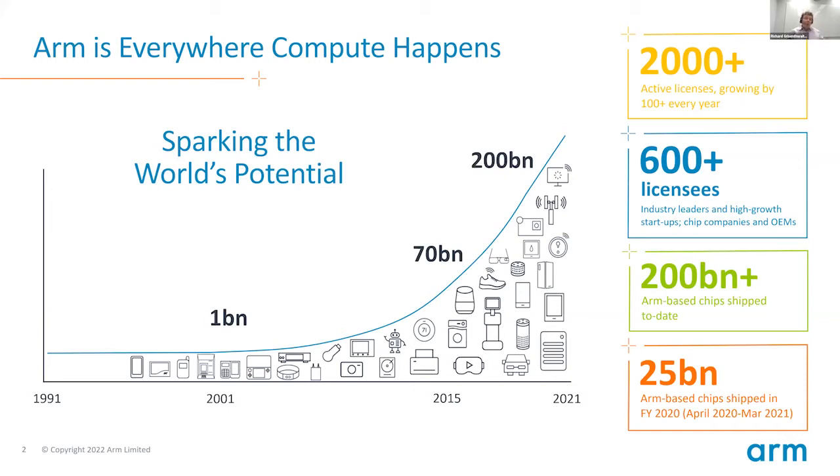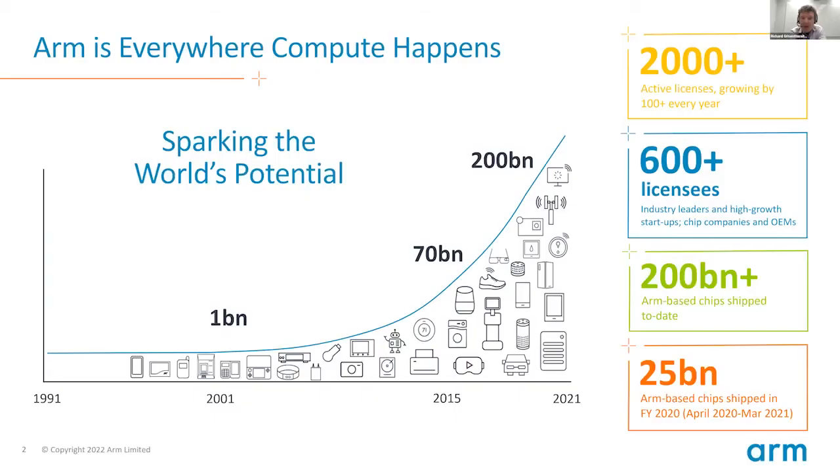been shipped in a whole range of different markets, from obviously things like mobile phones, where the vast majority of mobile phones run on ARM technology, and also increasingly in things like networking, in servers. The world's largest supercomputer at the moment, Fugaku, is based on ARM technology. But it's not just the big systems, also many sensors and embedded processors in things like automotive systems and so on are based on ARM. We're seeing many billion devices actually being shipped each year now as a result of the wide use of our